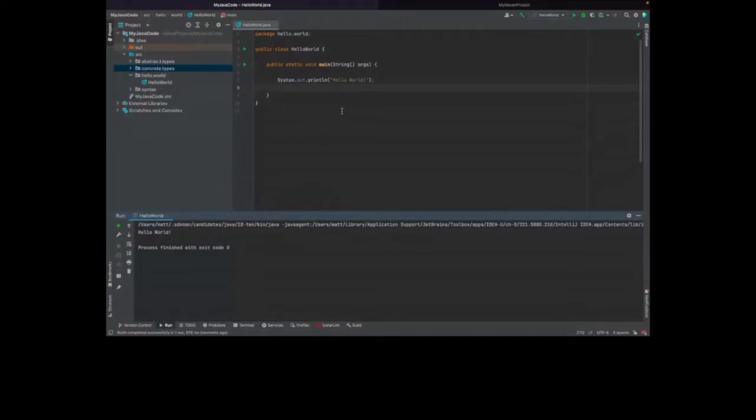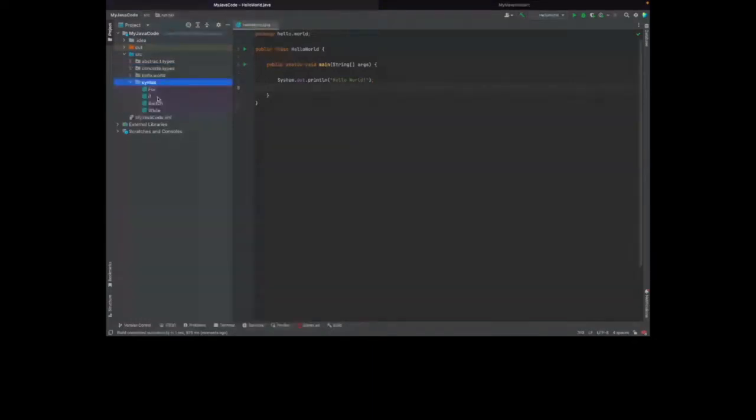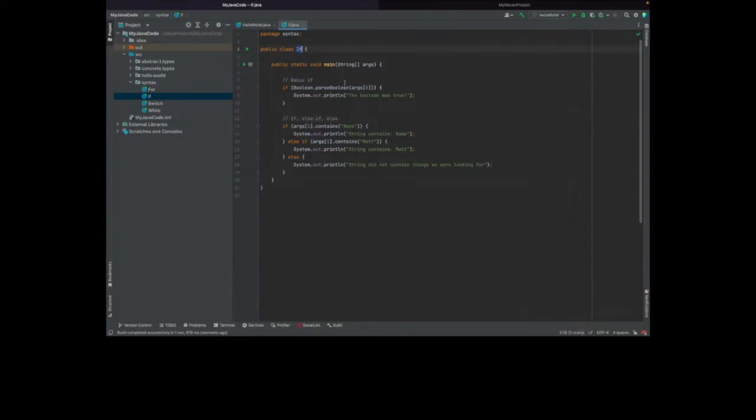So let's get into some of the more syntax of it. As I'm sure many of you have written bits of programming code before, we have if statements. So I've defined a little if class here. I've got a public static void main. I've got my package called syntax, all pretty straightforward, simple stuff. And here are some examples of what if statements look like. They look like basically any other if statement that exists.